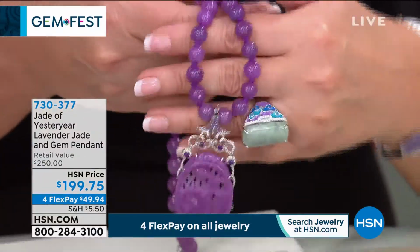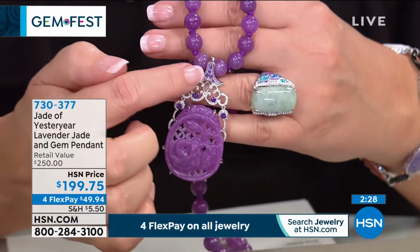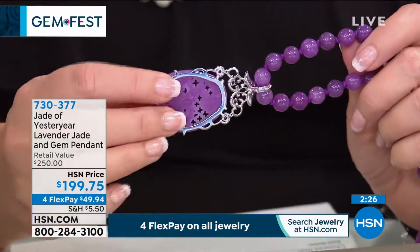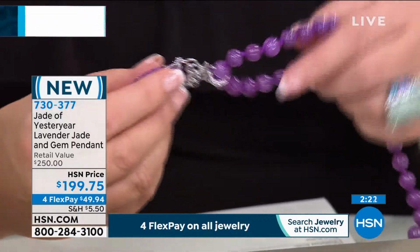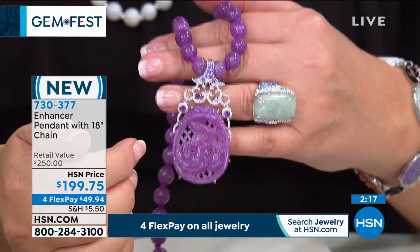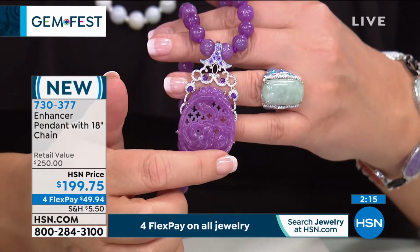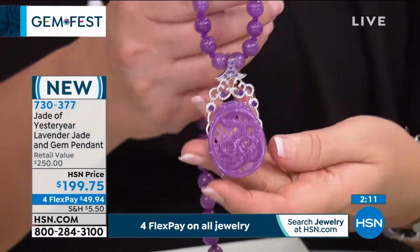If you own our gorgeous lavender beads, that is the perfect enhancer. Now, it does come with a fine silver chain, but frankly, it belongs on the beads. It has a hinge closure with the safety. You just open up that little hinge, you slip it right over your beads, and wow, wow, wow. $199.75. Again, very few of these left, fewer than 100 available. Tell me about this